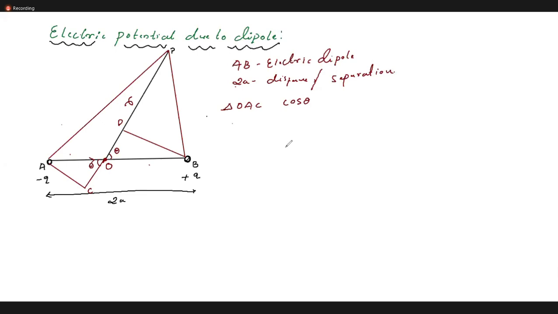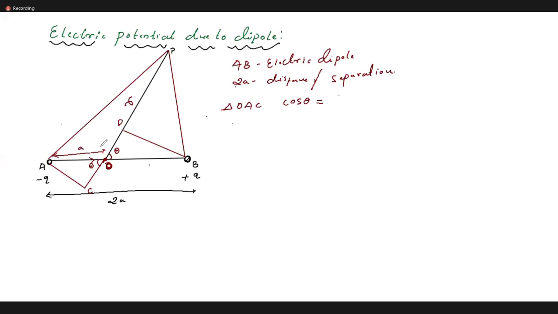Jitin? From triangle OAC, theta is here. Can you tell me the cos of theta? Ma'am, which one will we take as base? So here is theta, which means AC will be the opposite side. Base will be OC, and the hypotenuse is AO. So can you tell me based on the hypotenuse, what is this distance? Can you write it as a?